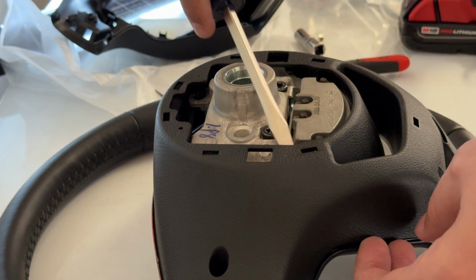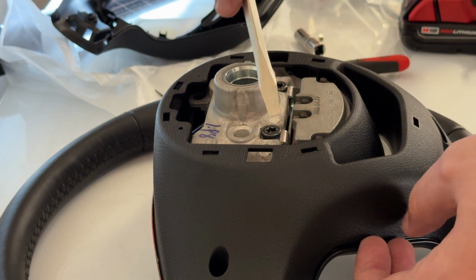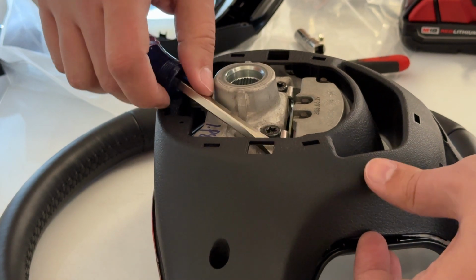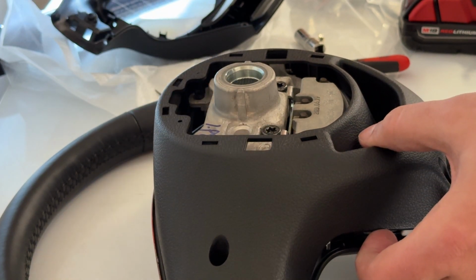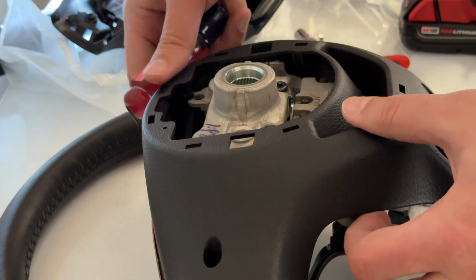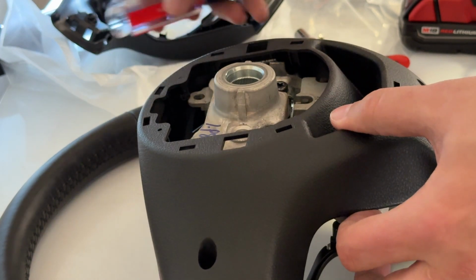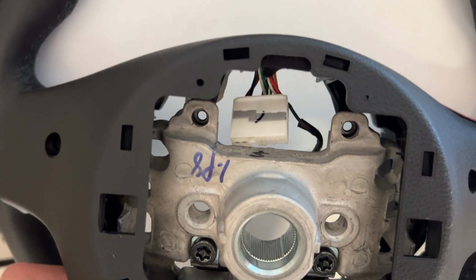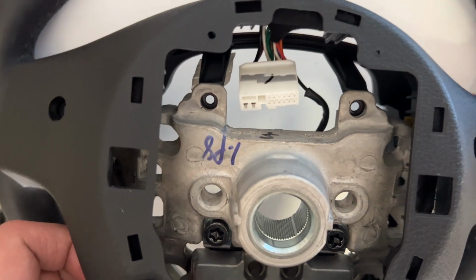It's starting to come up. Be careful with this. I believe that's the horn assembly. So don't pry against it. Just pry against the frame. And slowly. So you can see from this angle, as you lift, you want to clear